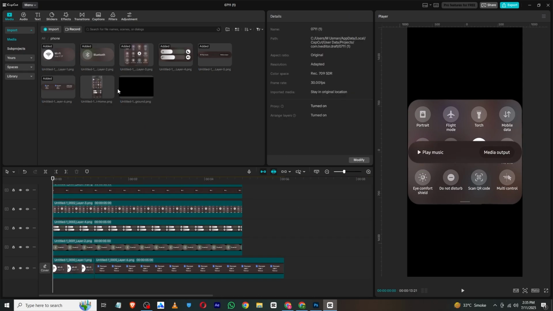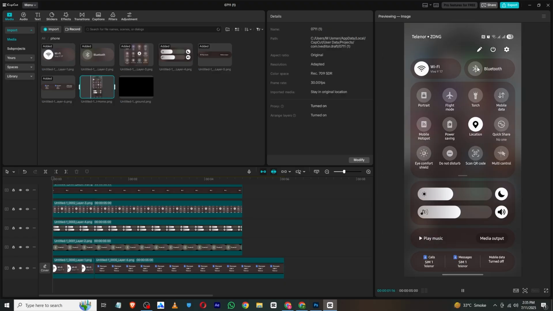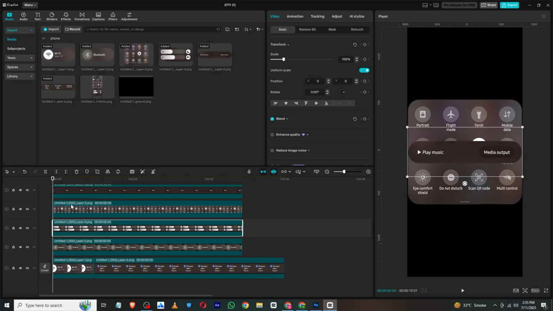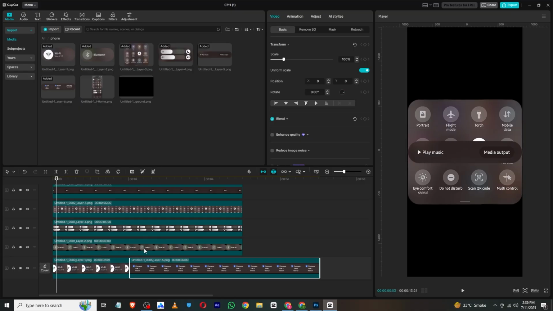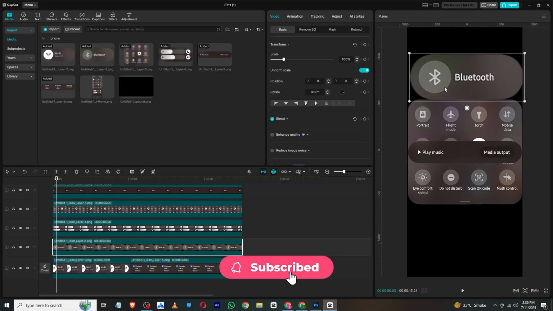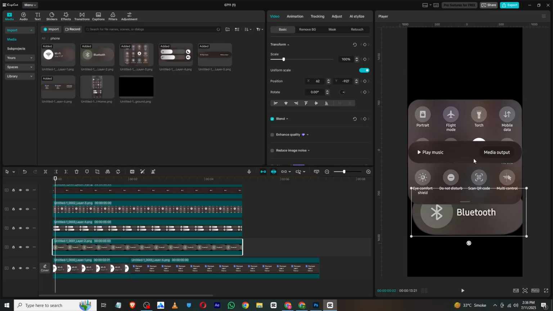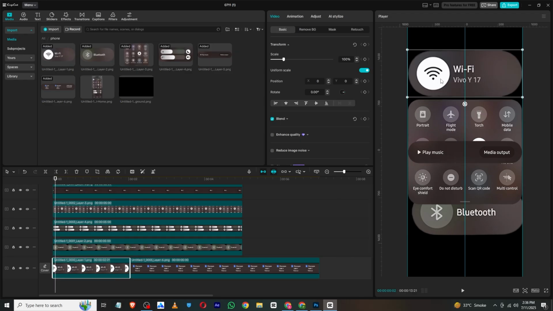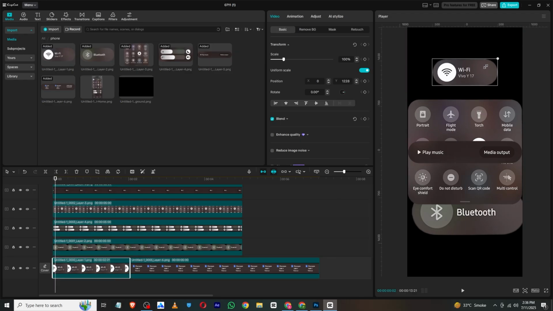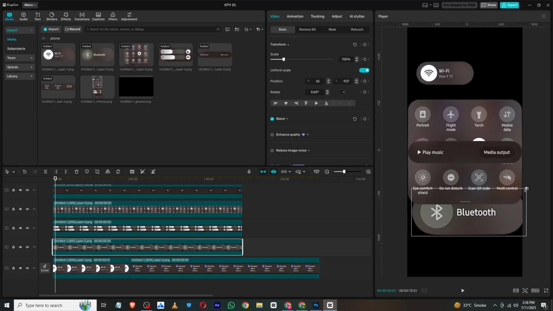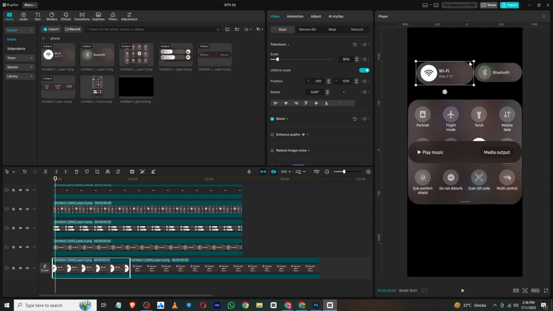So I have this screenshot. First there will be Wi-Fi and Bluetooth, then these things. So first I will just simply change this Wi-Fi like this, and then I will come to our Bluetooth part. So I will just simply get this Wi-Fi icon and simply bring it here and scale it down like this, then move above, and then the Bluetooth icon I will just simply place it right here and Bluetooth will